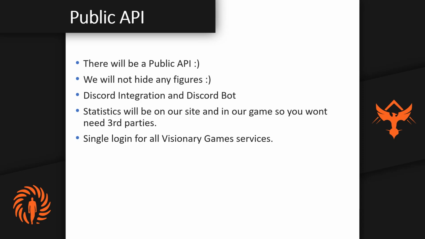I've always said, and this is the one thing when I was working on the internal API, I would like to, hopefully, if you allow me, work on the API publicly as well. I don't like hiding figures. I want people to have as much control as whatever they want. If they want to log in, we will probably give people access to use an OAuth server to log in using our system and see all the ELOs, things like that,